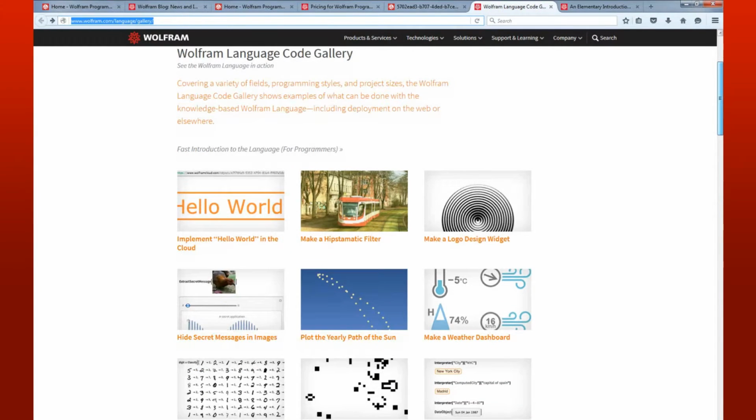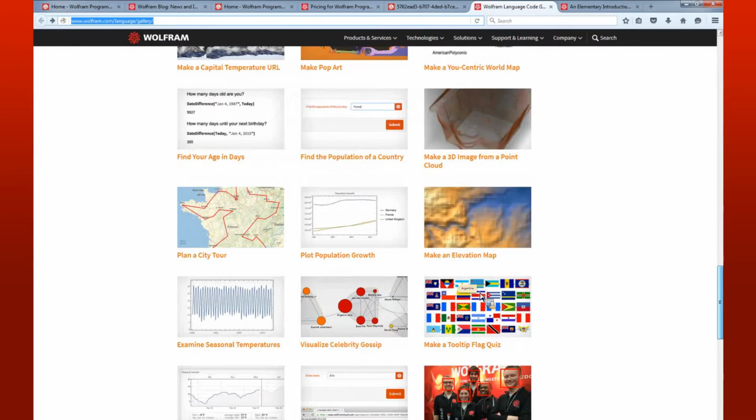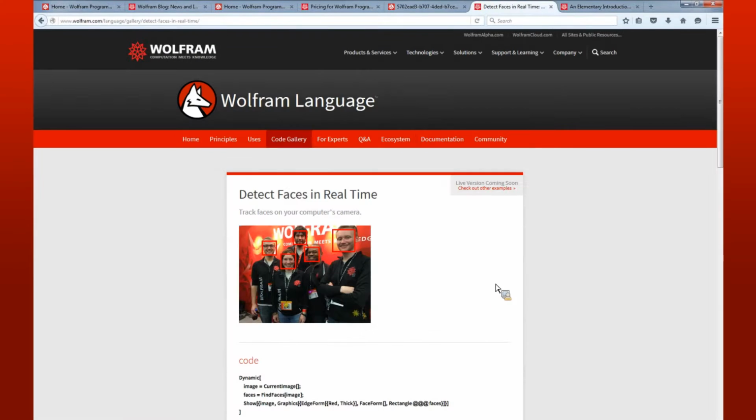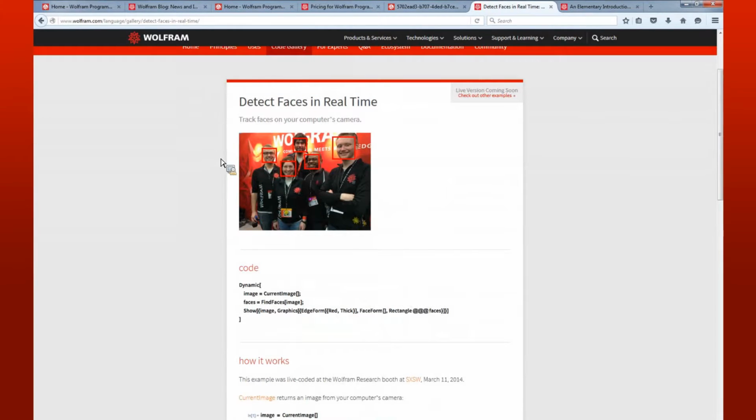And so one of my favorites here is detect faces in real time. So this is something that we did a few years ago. South by Southwest in 2014. And so this is all the code that you would need to draw little red squares around faces in real time. So you can have your computer camera on, and these people can be moving around, and that red square